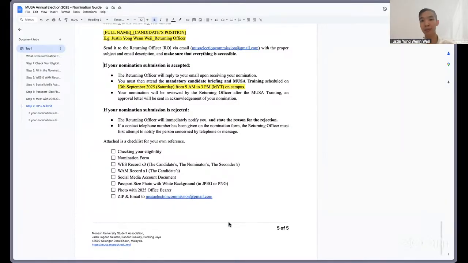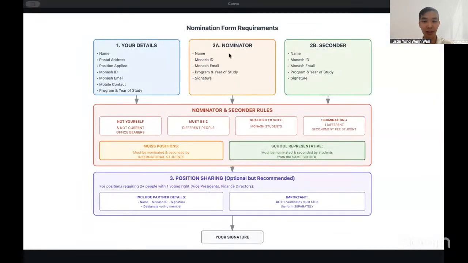All right, so just to summarize everything again, this is the summary actually. So if you are still a bit lost on the nomination, I hope this helps you a bit. So when it comes to submission of your nomination form, the first row is all the details that you require. So you require someone who is not a current office bearer, your nominator. These are the details you require for them